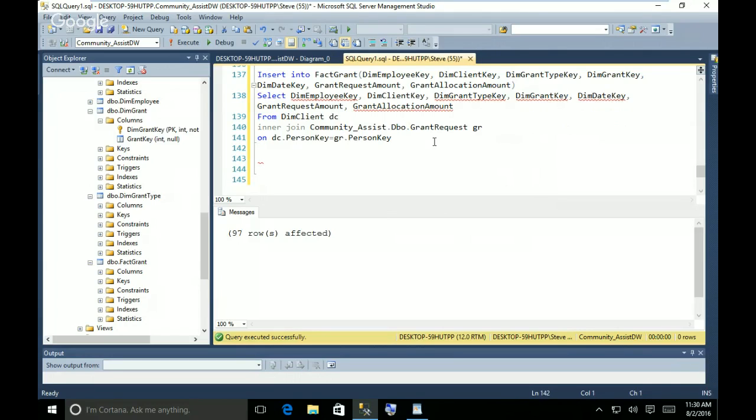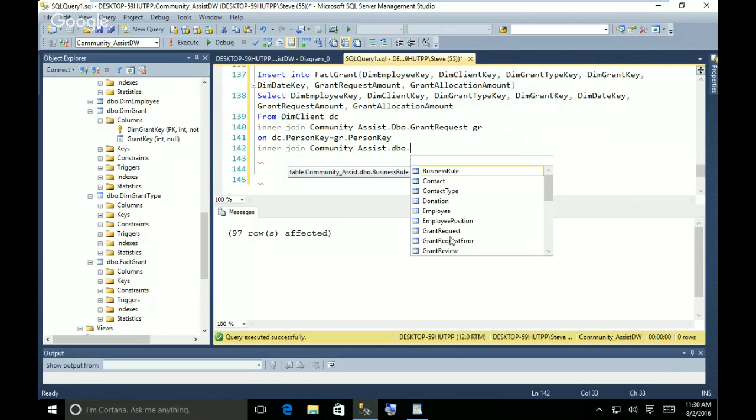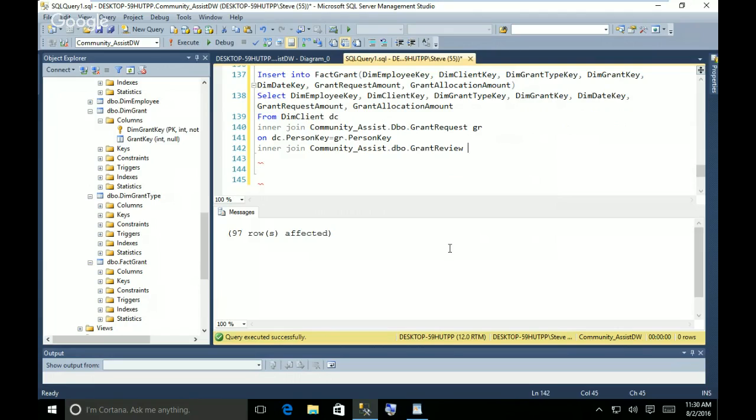We could also do inner join. And then the other thing, community assist DBO dot grant request review or grant review. Huh. Okay, so we can't do GR again. Let's just call it REV. On REV dot